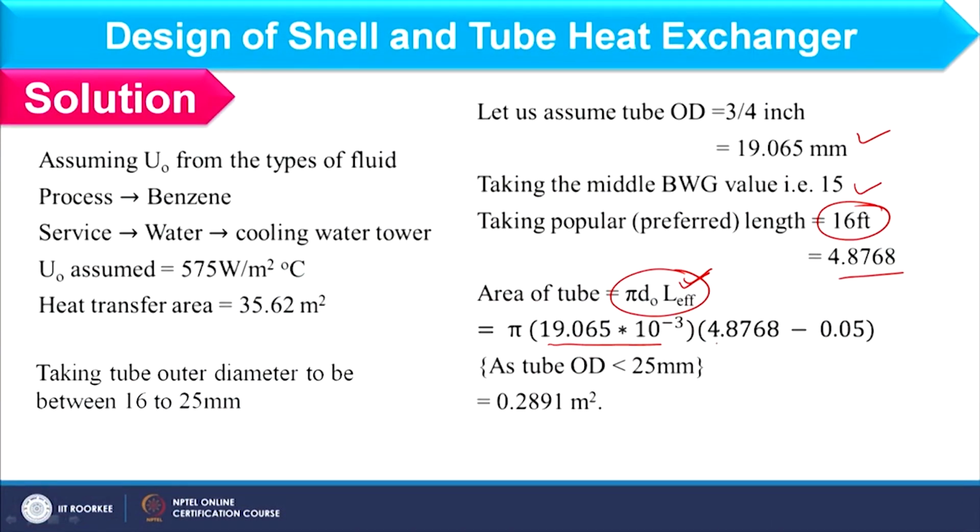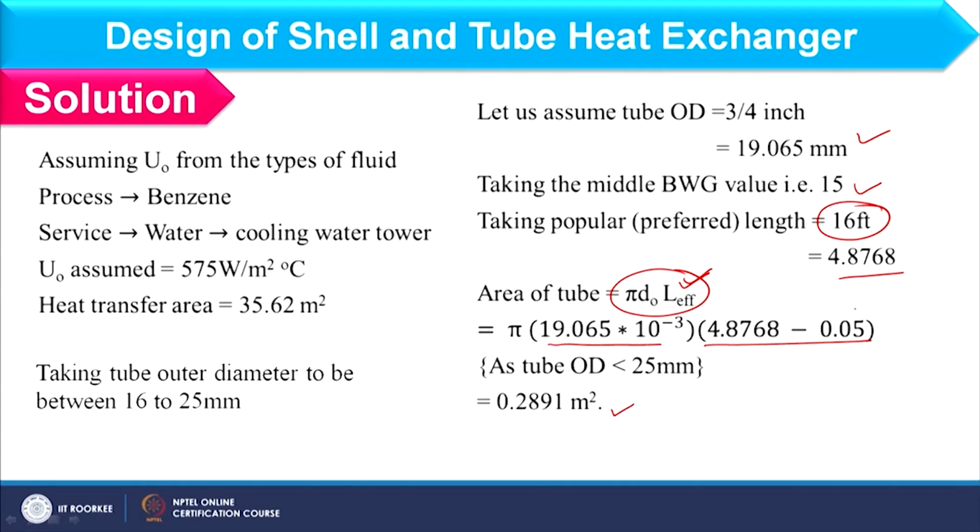However, if I am considering a U tube, we can have the tube sheet only at one side, not the other side. But in this tube sheet, the U tube will enter twice, first above and second below. So in that case, again you have to deduct twice the tube sheet thickness from the total length of the U tube. So considering pi d naught and L effective, we can calculate the area of a single tube as 0.2891